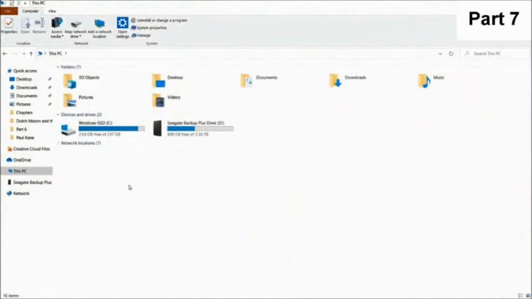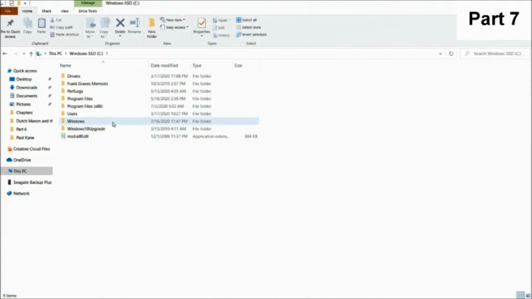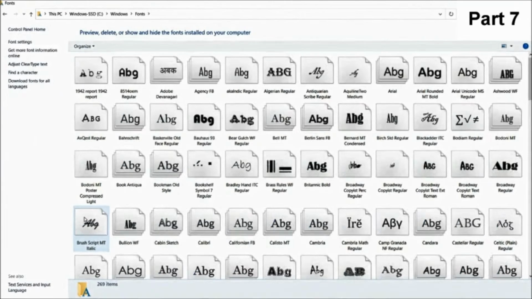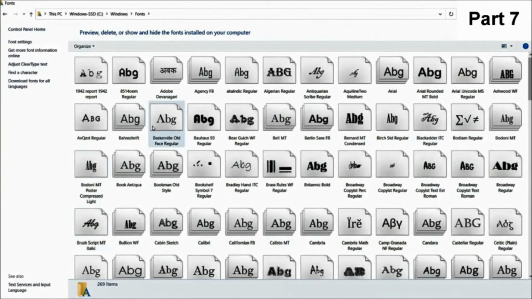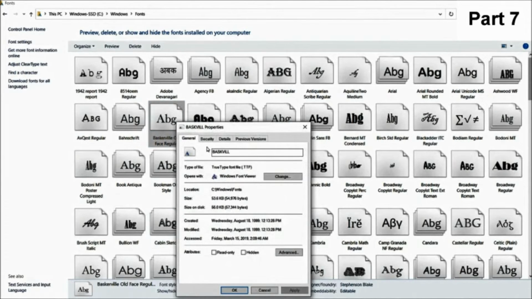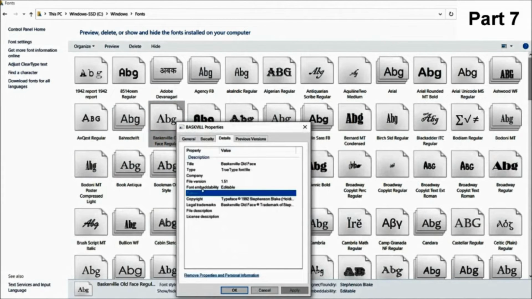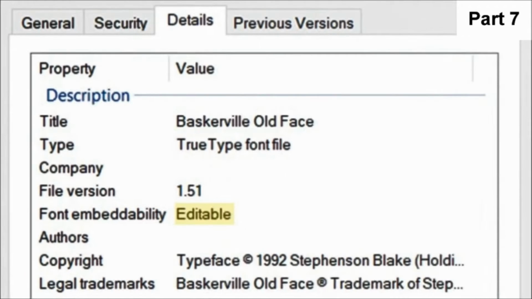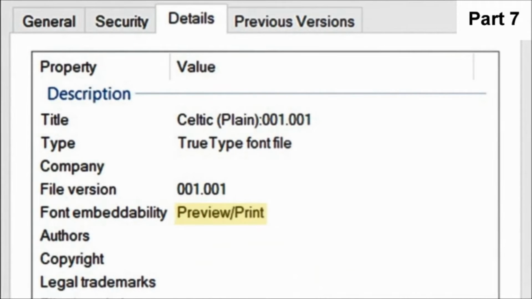In order to tell whether a particular font is embeddable, you'll have to go into your fonts file. So if you're using a PC like me, you'll have to go into your C drive, click Windows, and then click Fonts. To see whether a particular font is embeddable, you'll have to right-click on it, click Properties, and then click Details. Under the Fonts Embeddability section, you'll see one of 4 different things: Installable, Editable, Print and Preview Only,